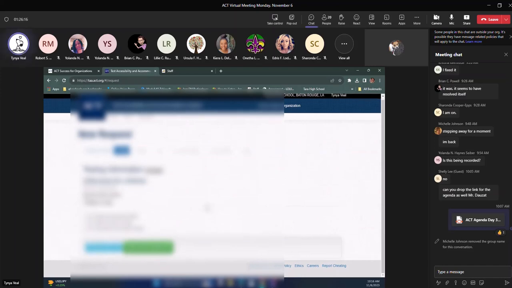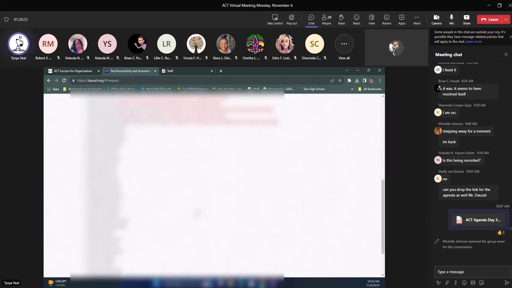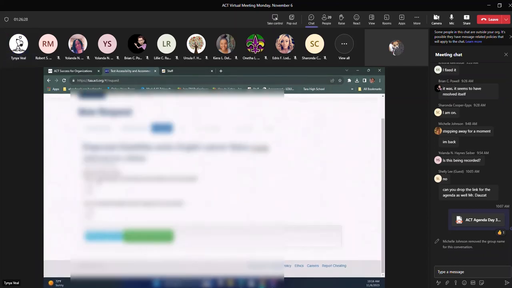I'm going to choose the testing, which is state district. I'm going to search till I find our state, Louisiana. Are you requesting authorized accommodations for the examinee? Yes. And are you requesting English learner support for the examinee? I'm not. So I'm going to click no for that first, and then yes.